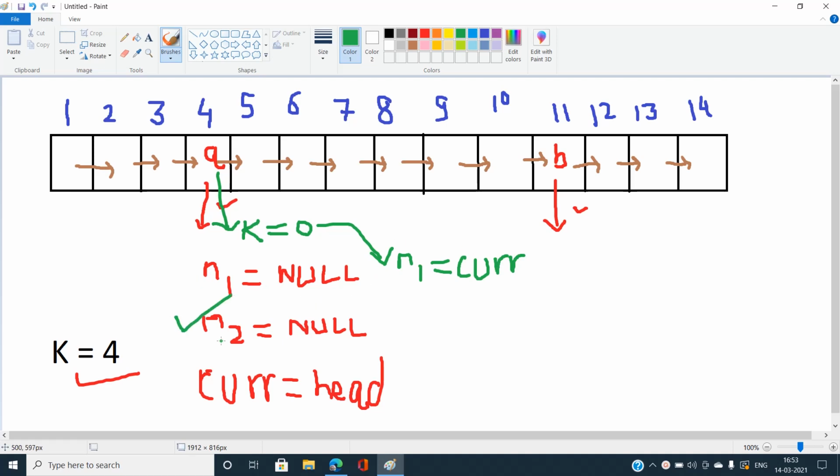Note that the kth node from the end is actually the n minus k plus 1th node from the beginning. So for the rest of the length of the linked list that we still have left for traversing, n minus k plus 1 length, I need to initialize my n2, which is already initialized with null, with head, and after achieving my n1,